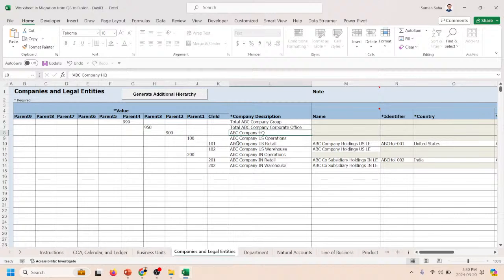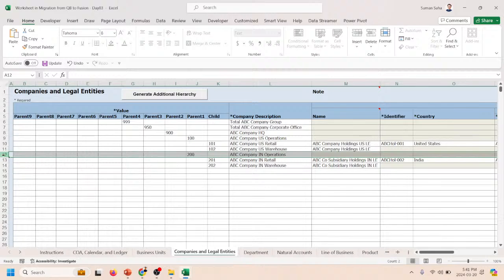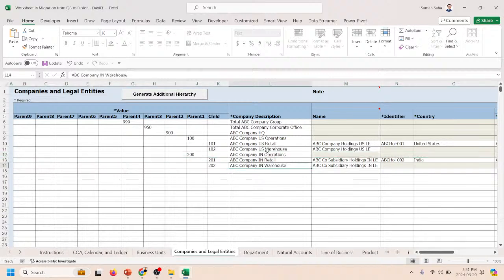Or you can have a headquarters level, you have an operational US level, and there is a company India level, right? So that is ABC at the Indian level. If I want to get a report out of that, the total Indian operations, that is ABC retail and ABC company warehouse. Similarly in the US also, it has a US company, US retail and US warehouse, as the legal entity, and the legal entity provides the legal identifier,